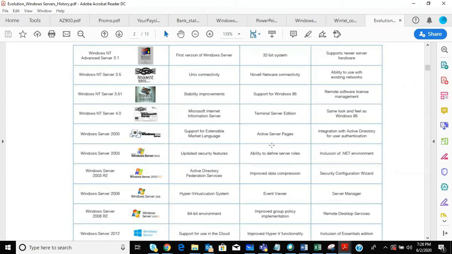Server roles, like we talked about FSMO, the Active Directory server roles, right? We already discussed all those things. And the .NET Framework got introduced from Windows Server 2003. That's like a legacy discussion, right? So coming to R2, there was more security, and Microsoft introduced ADFS, right?